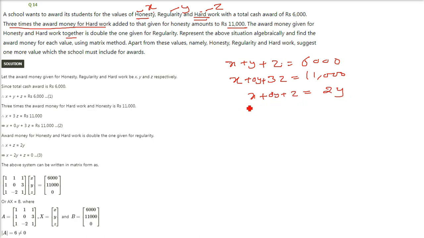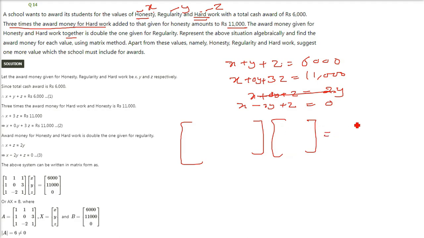So let me just reformulate this third equation. X minus 2Y plus Z equals 0. So what is the equation? Let me tell you again also. That is AX equals B. You know how you have to find out the A inverse and then multiply it by the constant on the right hand side. So 6,000,